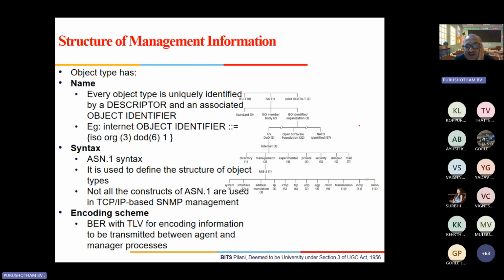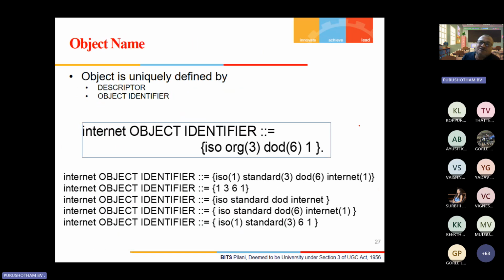Not all the constructs of ASN.1 are used in the TCP/IP based SNMP. BER with the TLV is used for encoding information to be transmitted between the agent and the manager processes. So object names are uniquely defined by the descriptor and identified by the object identifier, which is a unique identifier number associated with each object.